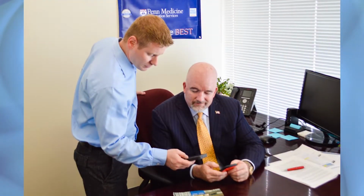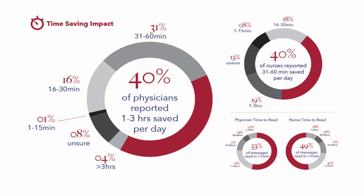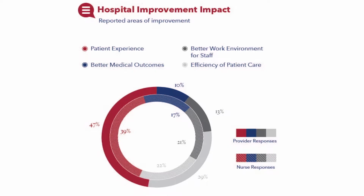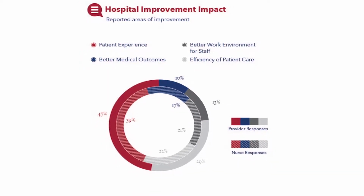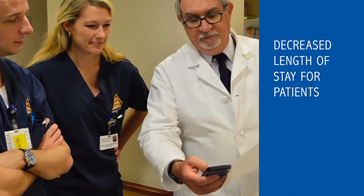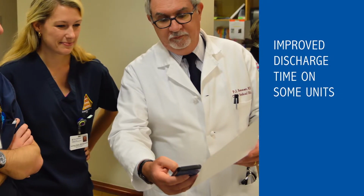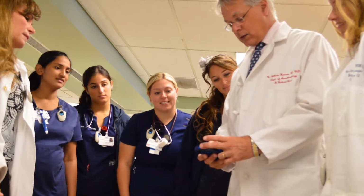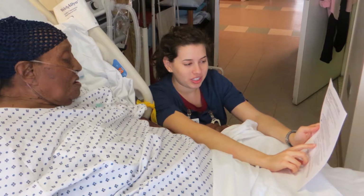The results from the pilot were remarkable. Nurses reported that they saved 60 minutes daily, and physicians said they saved 90 minutes. And both nurses and physicians felt the more modern technology improved the efficiency of patient care. The higher productivity led to decreased length of stay for patients, as well as improved discharge time on some units. And, best of all, since communication between team members requires less time, more time can be spent on conversations with